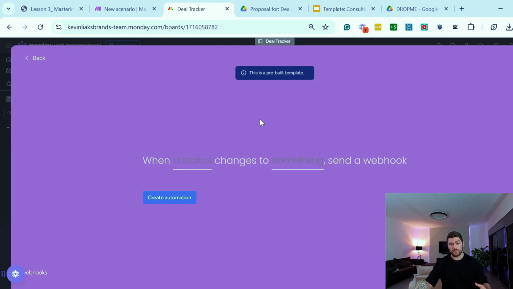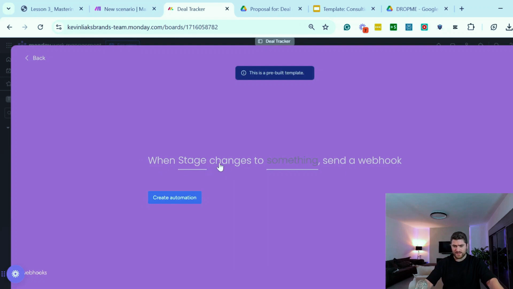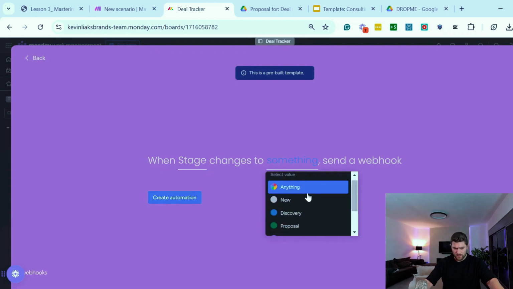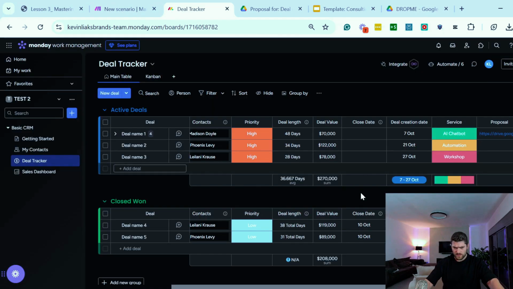Now we need to set up when to trigger this webhook. So I'm going to create an automation, and it says here, when something changes to something, send a webhook. I'm going to choose here the stage of this client, when stage changes to proposal, send a webhook, and create automation. We can close this one, and perfect. Now let me show you what happened. We have here this